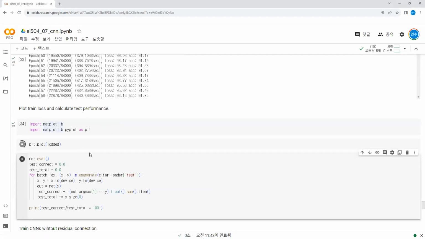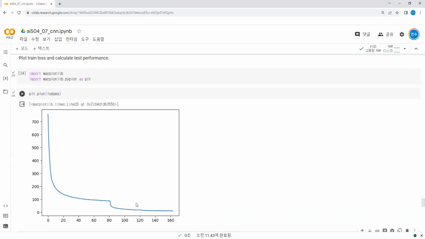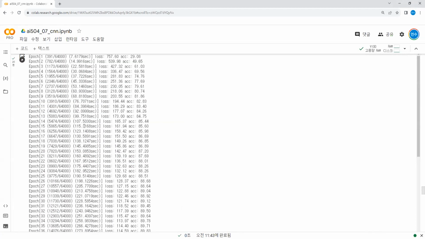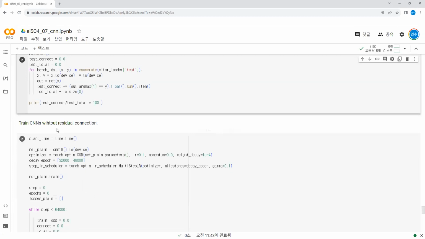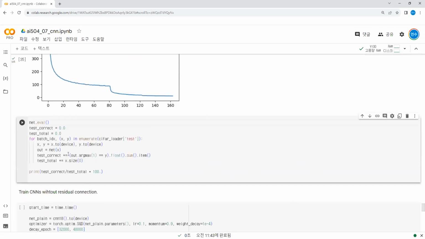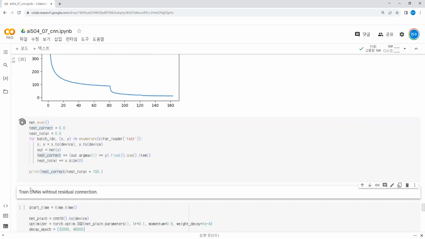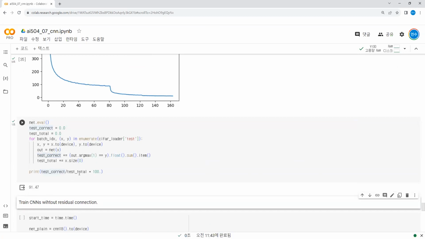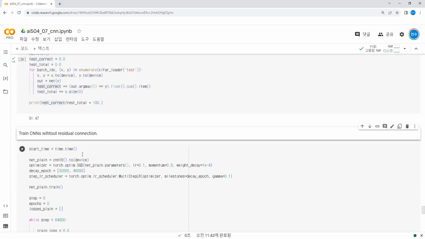Let's see the performance. This is the loss of training the ResNet, and you can see how ResNet gets the answers correct from this code. The score is 91.447. And to compare with training the model with CNN,